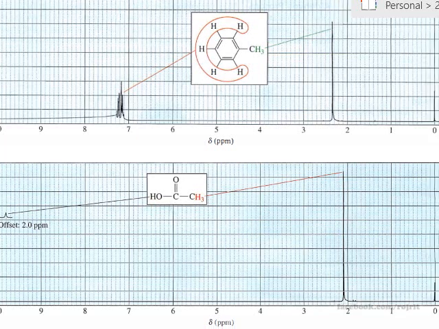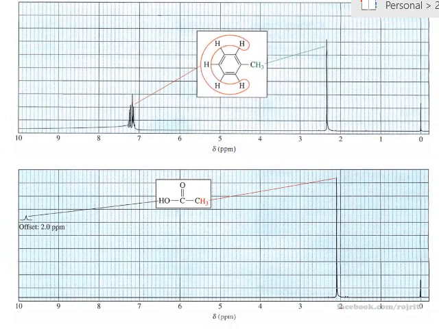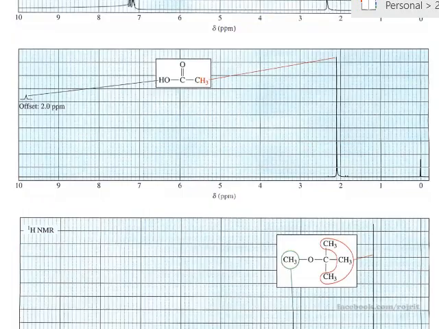But this plot is poorly made. It's plotted at about 0 to 10, right? So actually it should be plotted from 0 to 15, something like that, so you can see this hydrogen in the picture. Okay, next,